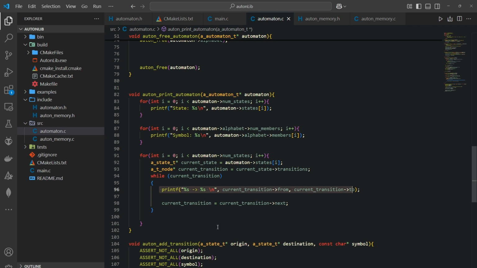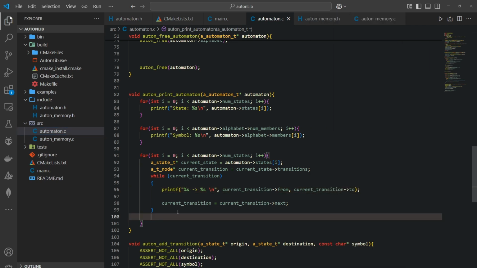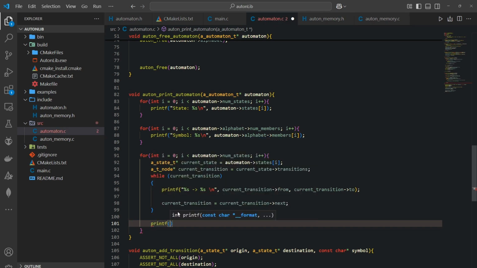Now, if you're done for the current state, we'll go to the next state and keep on printing. And then, to check if we are correctly incrementing the number of outgoing transitions, I'm just going to print here for the current state. After printing all the transitions, I'll probably have to say num states, like so. Maybe I'll just say percentage s, like so. I'll say percentage s, like so. And then what I'm going to do here is